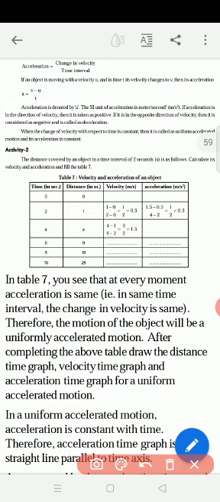The SI unit of the acceleration is what? Meter per second square. Okay. So if the acceleration is in the direction of velocity, then it is taken as positive. If the acceleration is in the direction of velocity, when the speed is increasing, the acceleration is positive. And if it is in the opposite direction of velocity, then it is considered negative, and it is called a deceleration. Deceleration means decrease in speed, the slowing of speed. Deceleration is denoted by the negative.